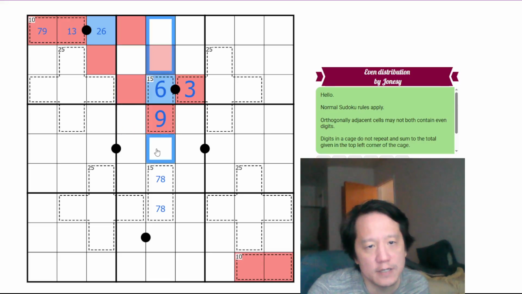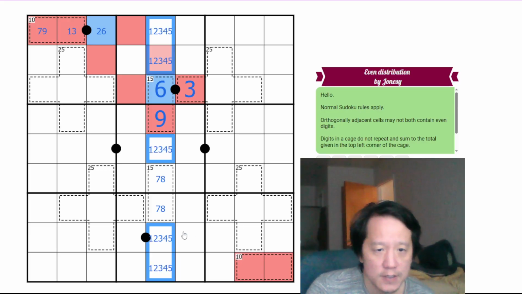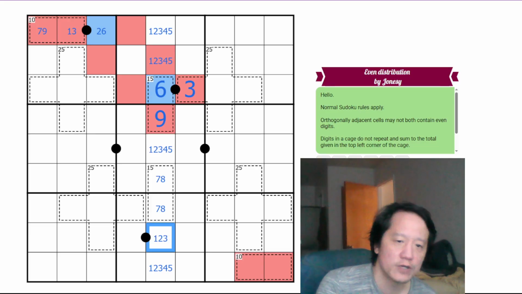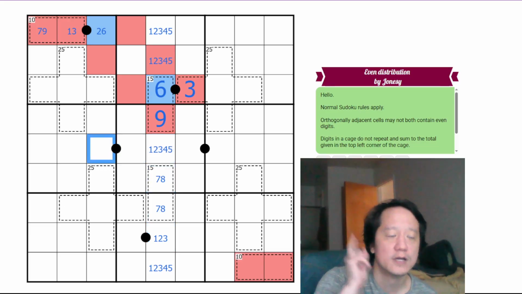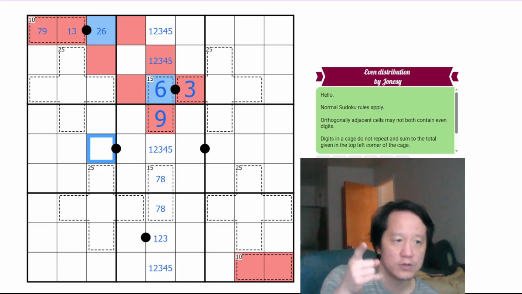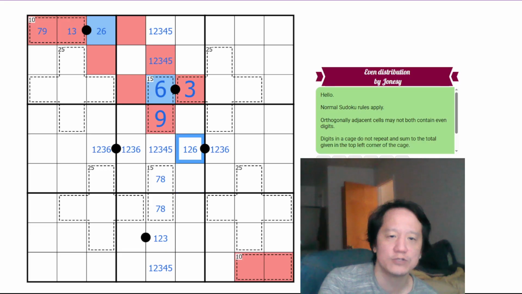Remaining digits in column 5 have to be 1 through 5. Again, we can't have 4 here. We can't have 3 or 5 there because the only digits which can be next to a black Kropki dot in this puzzle are 1, 2, 3, and 6. So this is a 1, 2, 3, 6 triplet. This can't be 3, so therefore this can't be 6 because of 3 in the column. These can't be 3. This has to be an